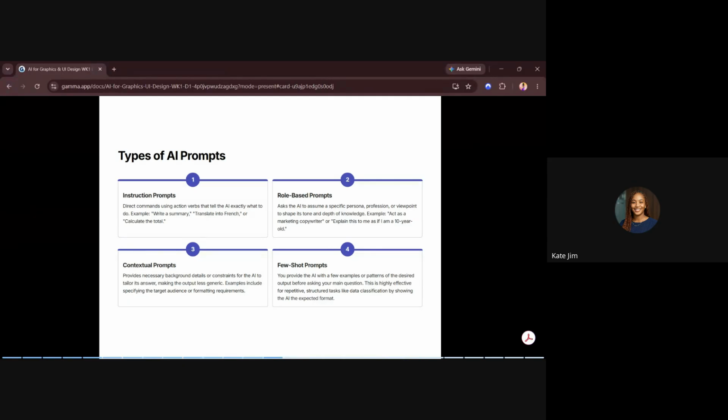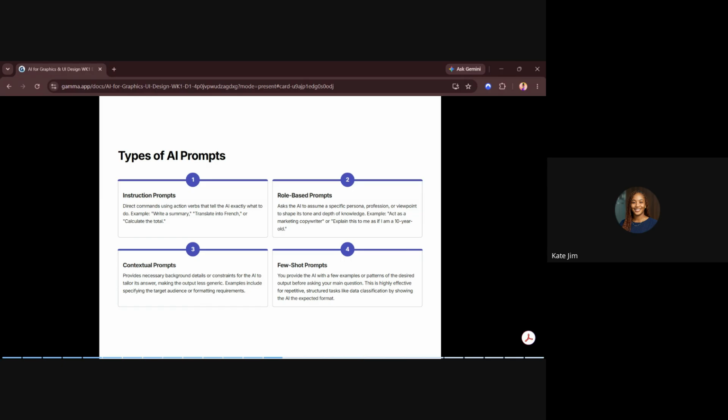The second one is role-based prompts. Now, this one is when you want to be a little dramatic. This one allows you to be like a movie director. You say, AI, act as some person and explain this to me as if I am some person. Do you understand? I hope this helps.